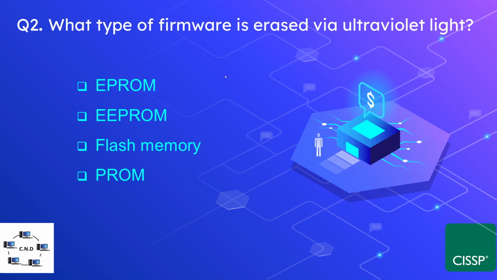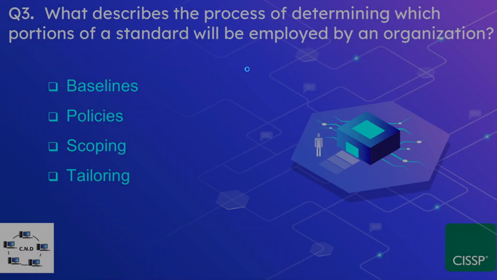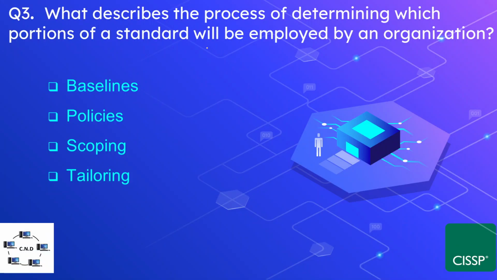Question number 2 is: what type of firmware is erased using ultraviolet light? The options are EPROM, EEPROM, flash memory, and PROM. And the correct answer is EPROM, or erasable programmable read-only memory, that is erased using ultraviolet light. Question number 3 is: what describes the process of determining which portions of a standard